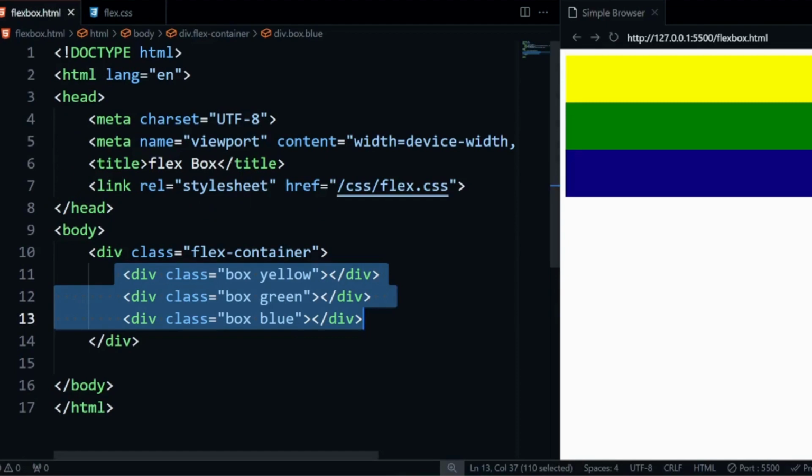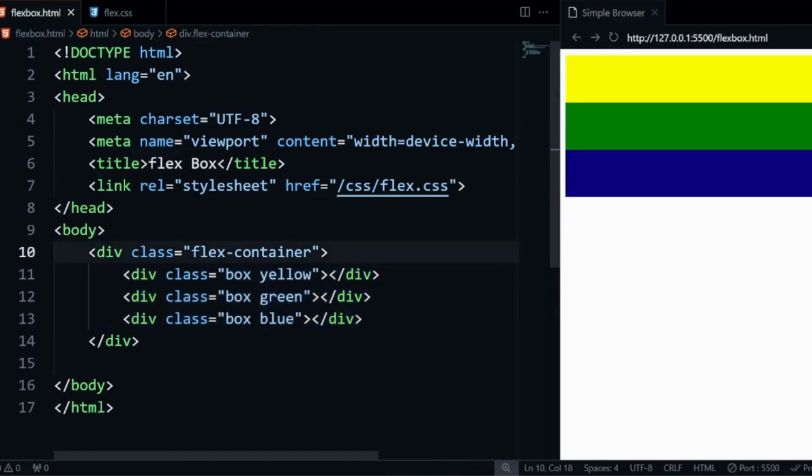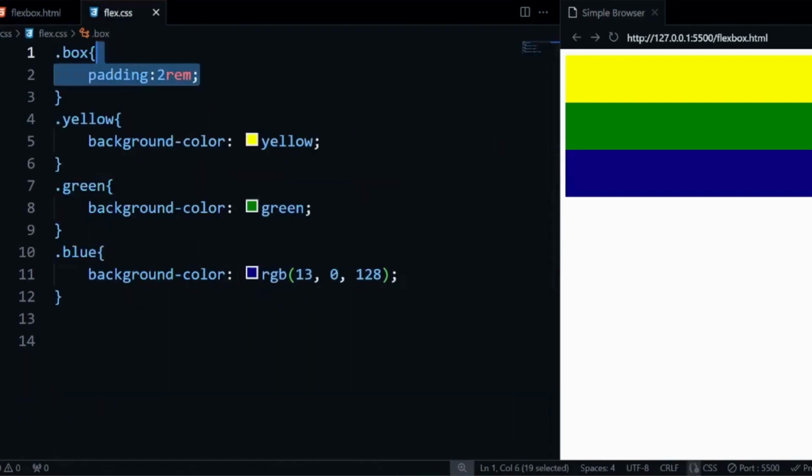Okay. Now, as we all know, the default div display property is block. Why? Because when we have a display property block, we have an element set with width 100%. Okay. Now if we want to change our display to flex, what will happen?